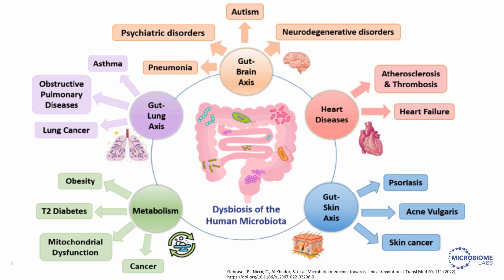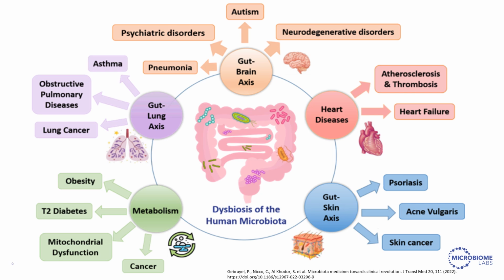As we can see from this image, dysbiosis of the human microbiota affects nearly every organ in our body. Dysbiosis can affect our metabolism and can lead to obesity, type 2 diabetes, and mitochondrial dysfunction. Dysbiosis across the gut-lung axis can play a role in the development of asthma, obstructive pulmonary diseases, and even lung